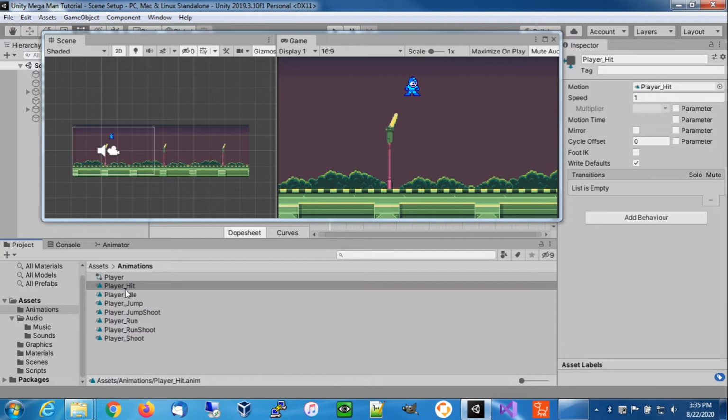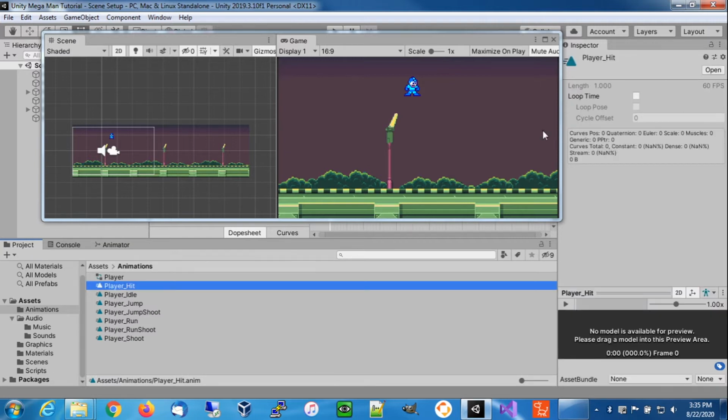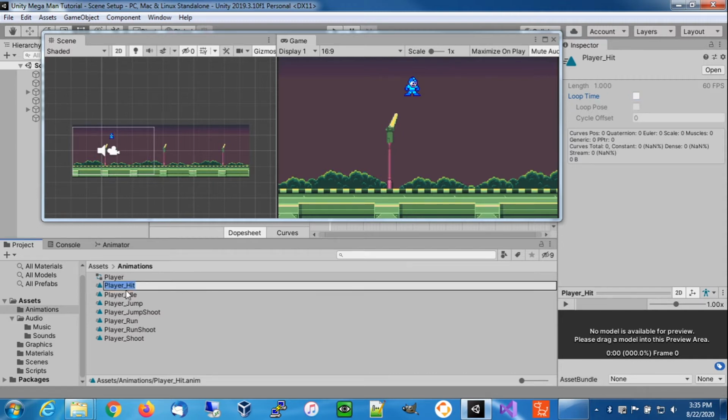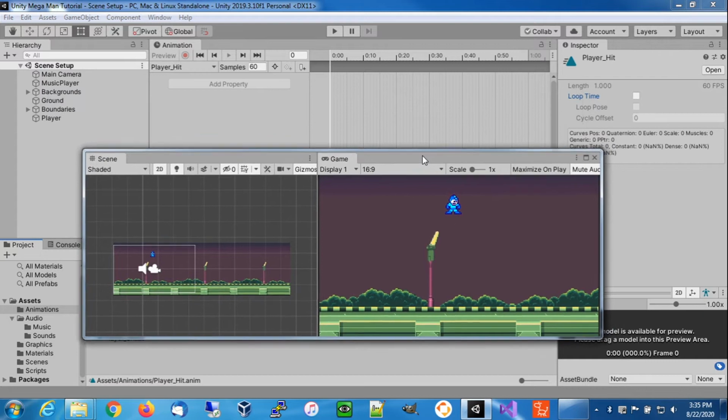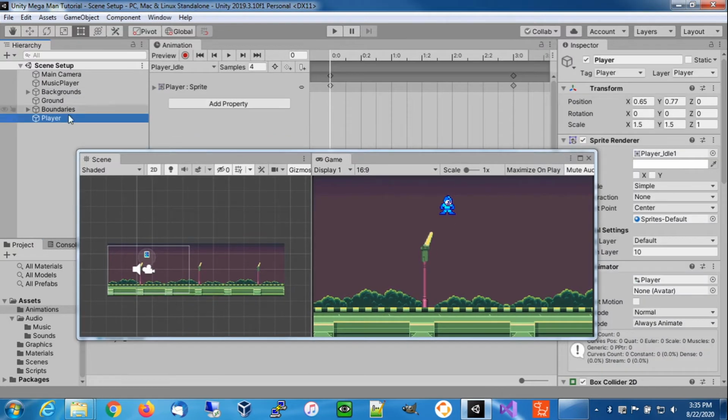And going back over the project, now this animation, I don't know if yours is going to have loop time set, but this animation has no looping to it, not like the running where he's constantly going. This is just a single play only. So if your loop time is checked, uncheck it. So just go to the animations, select the one we created, player hit, and uncheck loop time if yours is set. So then we're going to select our player over in the scene,